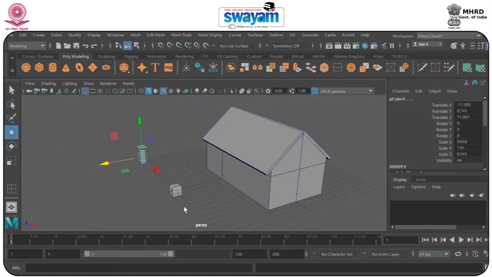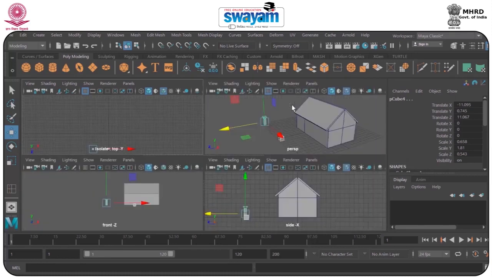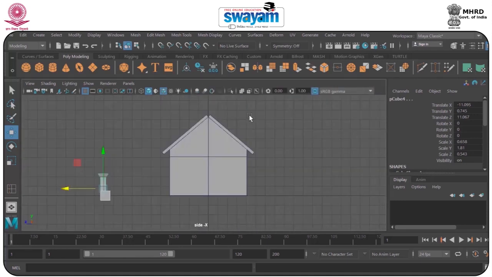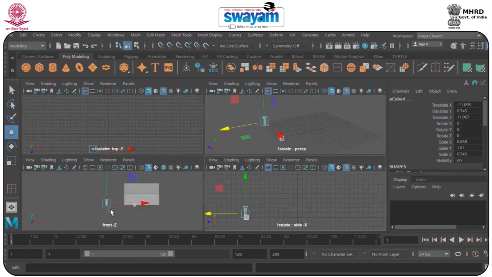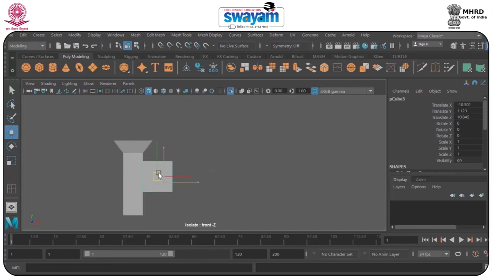We'll select both of them and we'll isolate it, and we'll isolate from here also, and we'll isolate from here also, and finally we'll have to see in the front, so we'll isolate the same. We'll move it somewhere here and we'll keep it between them. We'll decrease the size, increase its length, width, move it here, not too much, this would be fine. Okay, I'm not attaching it.